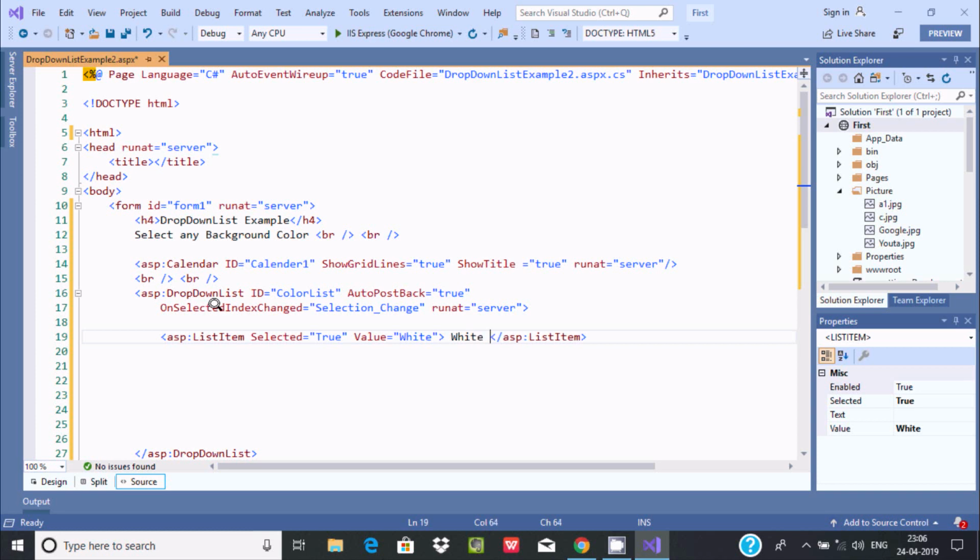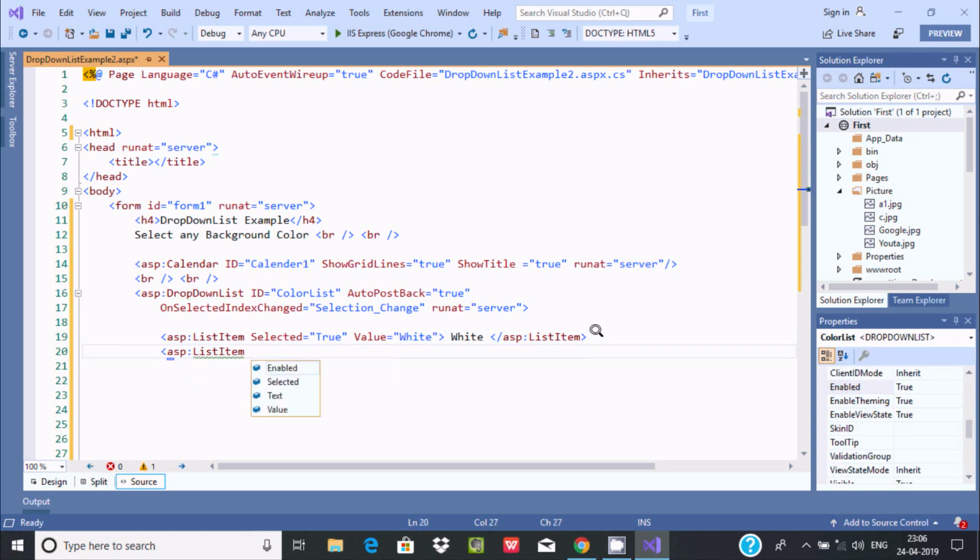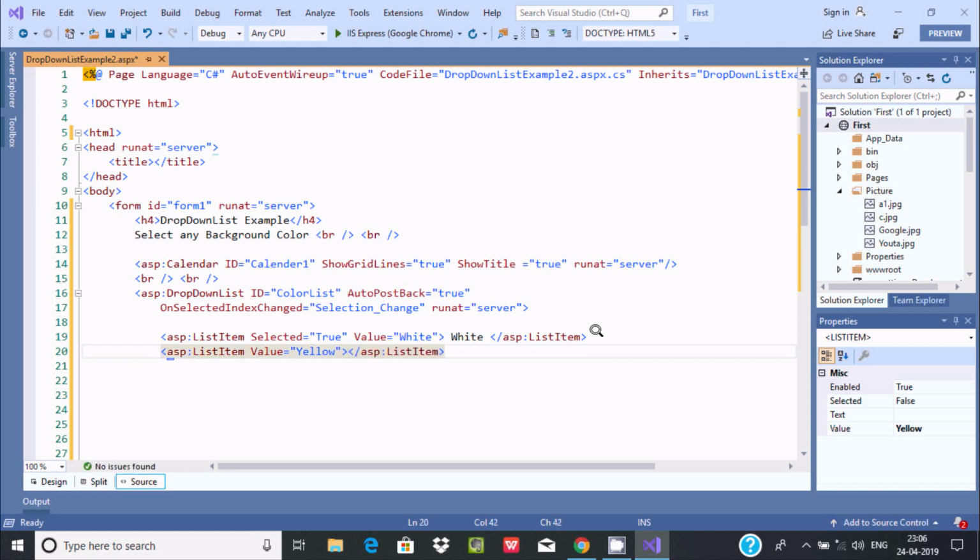Now after this, the next thing is we need to write an ASP list item here, and this time it is selected. This time I'm going to use the value attribute, and inside double quotes I'm going to write yellow. So value is yellow, and after closing that, I write yellow. Now the next thing is we only need to copy and paste. So Control C, and here Control V. So yellow, and here,